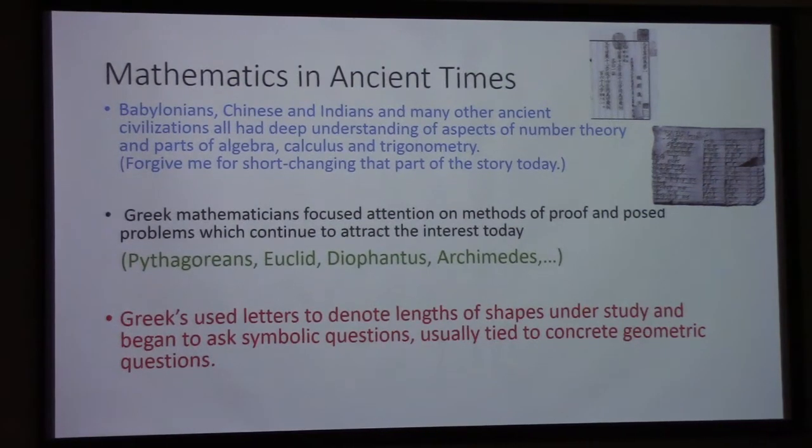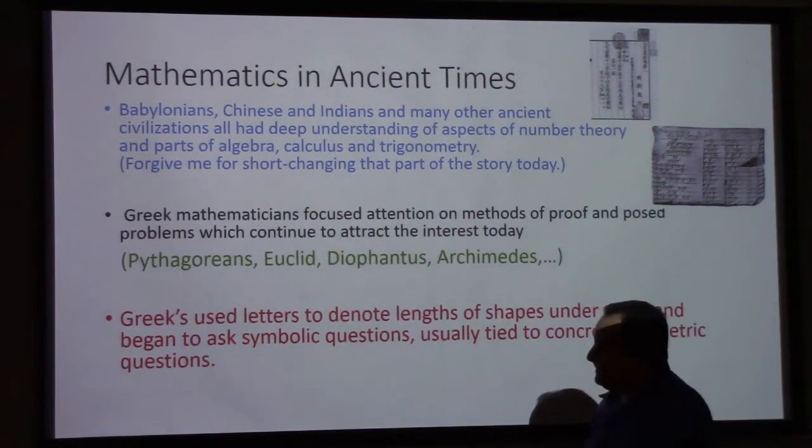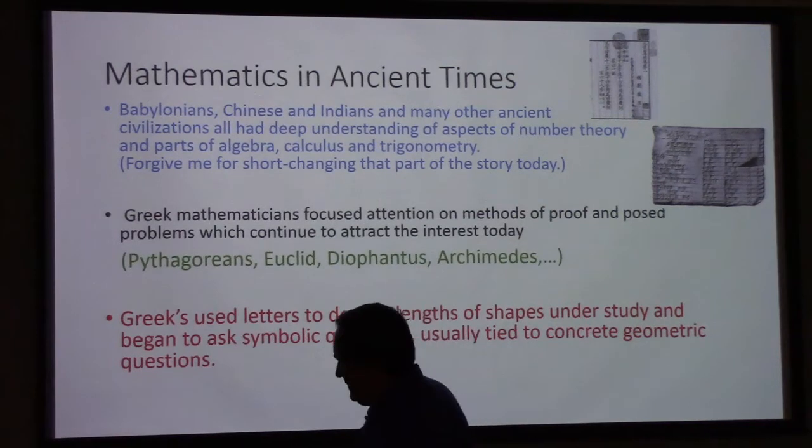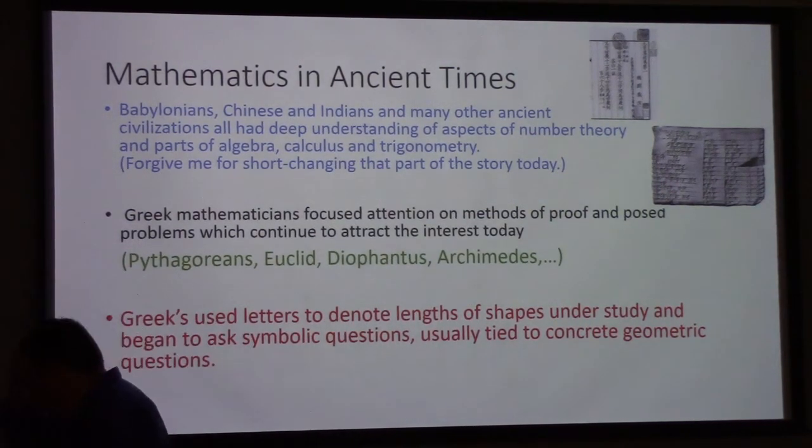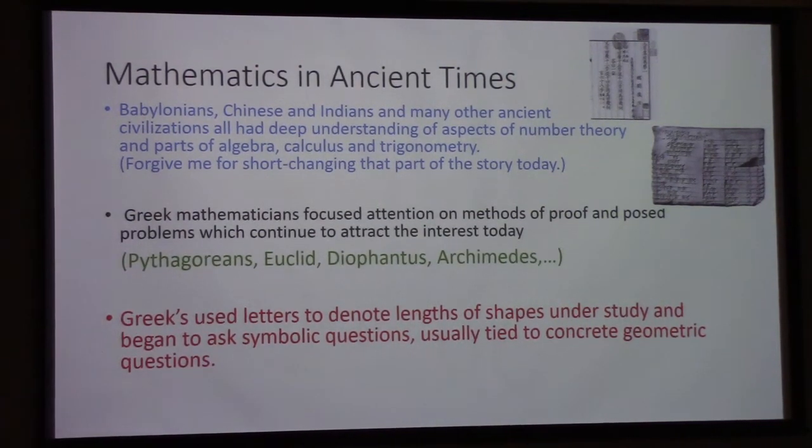So finally, let's talk about math. Mathematics in ancient times, I think we have a wrong picture of ancient societies. A lot of times you get this picture that the ancients were more simple than us. I don't think that's really accurate. If you look at the architecture of the ancient world 2,000 years before the time of Christ, pretty much as long as we have really good records of human history, there has been significant architecture which indicates that we've had an understanding of geometry and trigonometry which is fairly deep.